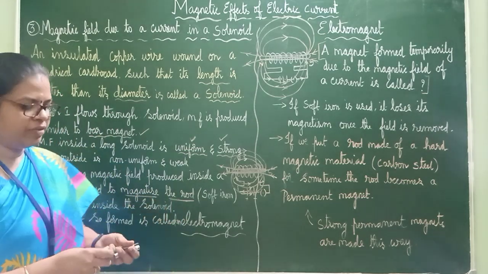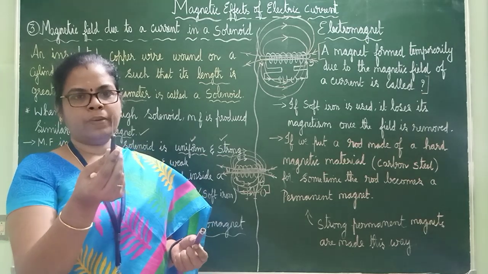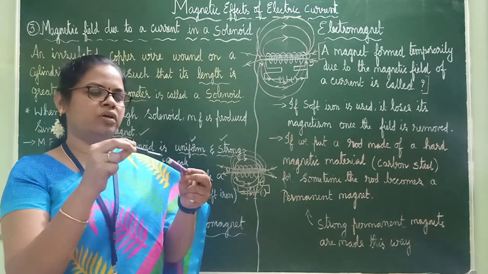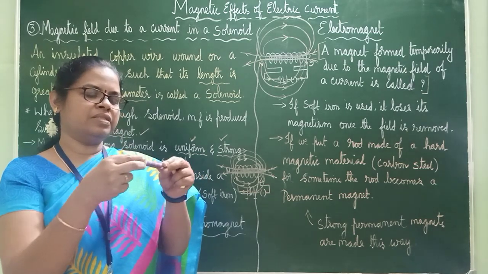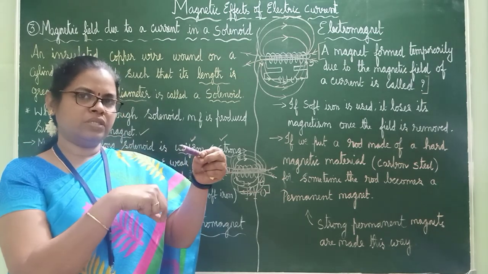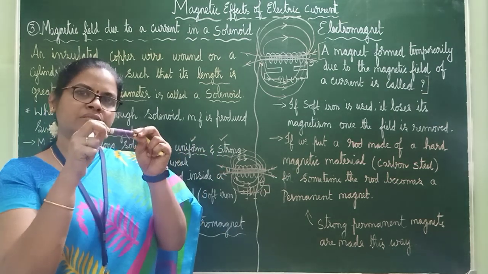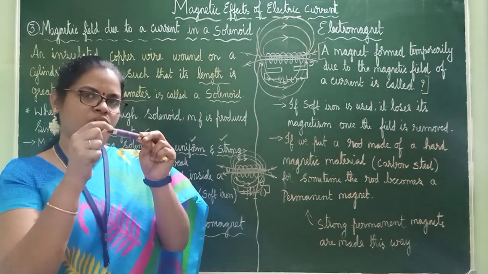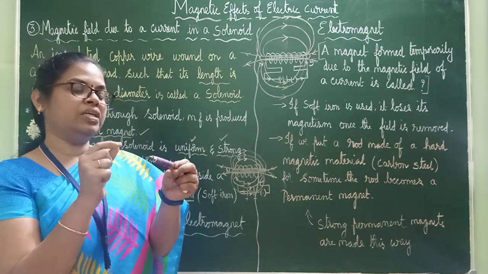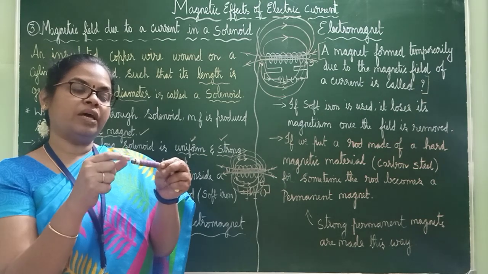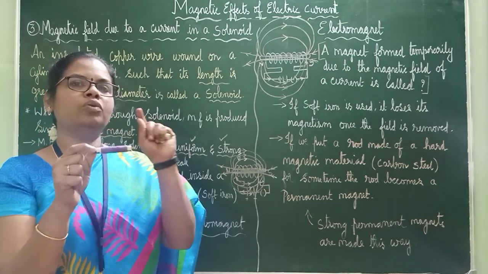See, for example, if you are considering this as a solenoid, I want to magnetize this. I didn't get an iron nail, so if this is considered as an iron nail, if I put it inside like this, one end of this will be connected to the circuit and this end also will be connected to the circuit. And I have put this rod inside, that is soft iron. Usually soft iron will be taken. So this rod, if I am putting inside, after some time what happens, this will work like a magnet if current is allowed to pass through.